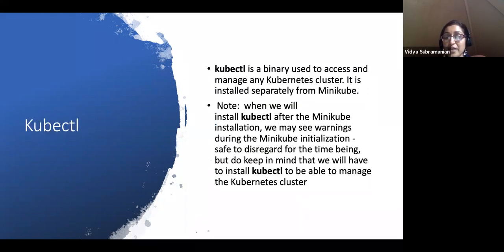The other aspect that we will be using, all of the commands today will be kubectl. That is the fundamental way in which to communicate with Kubernetes. It's the binary used to access and manage a Kubernetes cluster. We are not setting up the cluster today, but we will be interacting with an already set up cluster using kubectl.